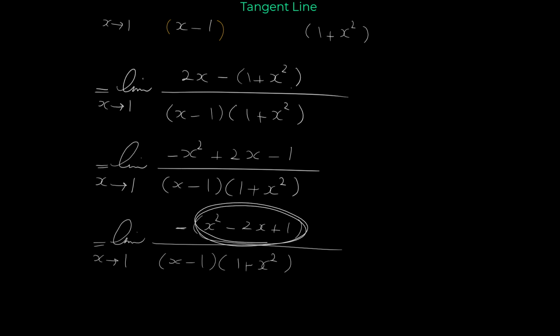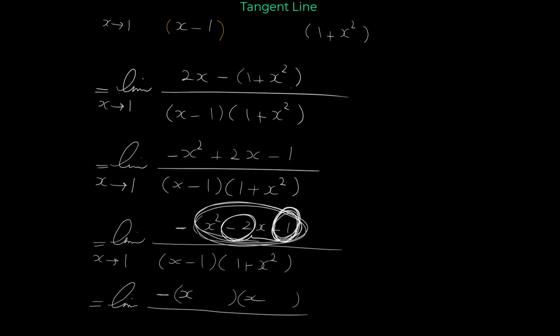Here you have a quadratic expression. For that quadratic expression, we look for two numbers whose product is 1 and whose sum is negative 2. Those numbers are negative 1 and negative 1. So we can factor the numerator like this. And if we write the denominator,